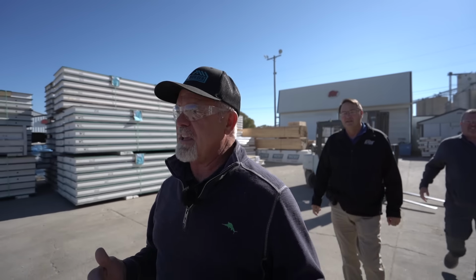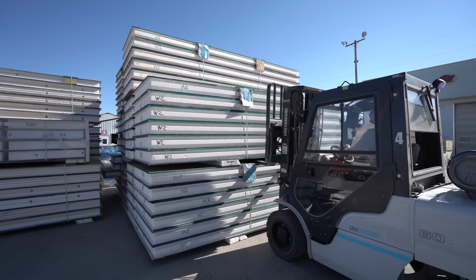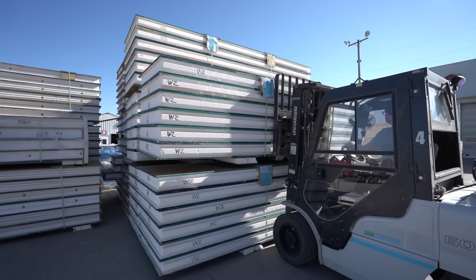Wow, that's impressive. They're going to show me my panels that are being loaded up here shortly and will be delivered to my house tomorrow. They're all labeled. You see them, they're W2s, and there'd be other labels back there. So when you put them up,